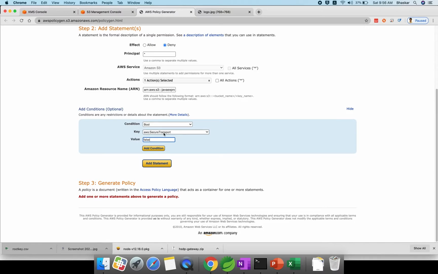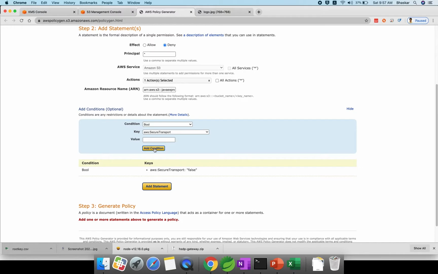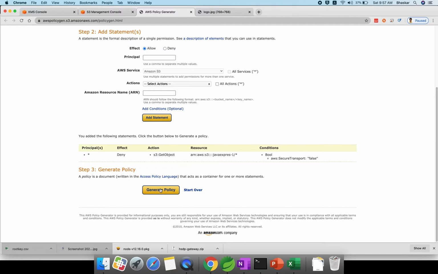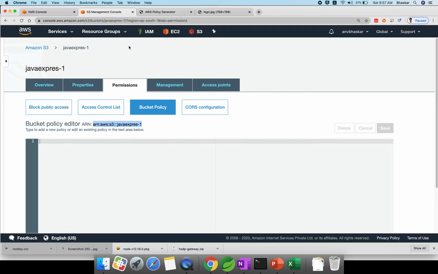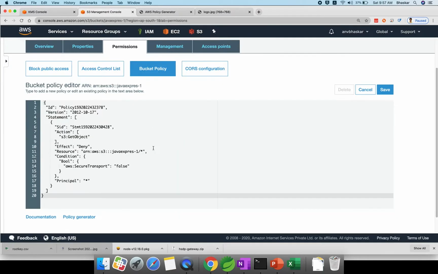If someone is accessing through HTTP, you can click add condition. The first use case is done. We can see whether it is really accepting or not. This is one action. Click on add statement, generate policy. You will get JSON data, JavaScript Object Notation. Copy the key value pair, paste it here and save.